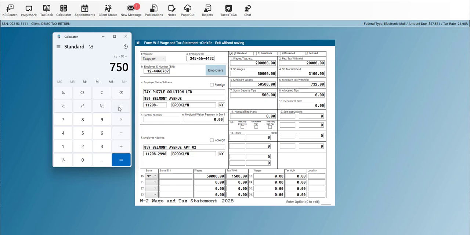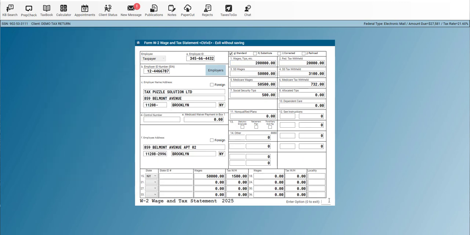So the total overtime amount will be, if I divide it by 3, I will get the total overtime amount. So basically you get $250 for 1 week as your overtime payment. And this $250 is included in W2 box 1. So if I now go to